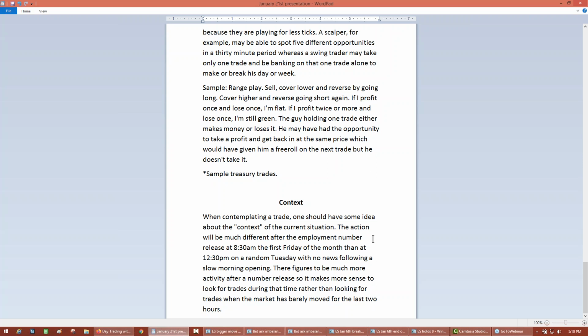So when you're contemplating, again, the strategy that you're using and whether or not you should be involved, you probably want to look to be involved during times when there's going to be volatility, because you have to have volatility to make money. I mean, it's really that simple, right? Market has to move. So same thing, if you're a longer term trader or you've been using some longer term strategies,